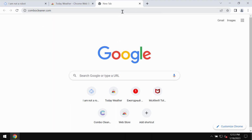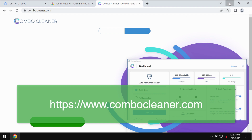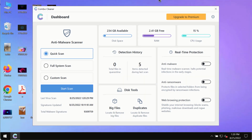We also recommend you to rescan your device with Combo Cleaner antivirus. Get it on the page combocleaner.com, download it, install this software, and after it gets successfully installed, start scanning the system with its help. After you have successfully downloaded and installed Combo Cleaner antivirus, make sure you click on Start